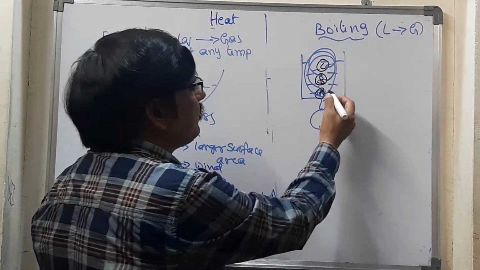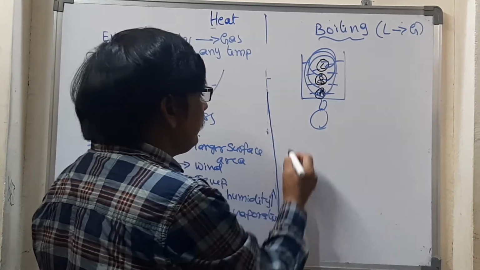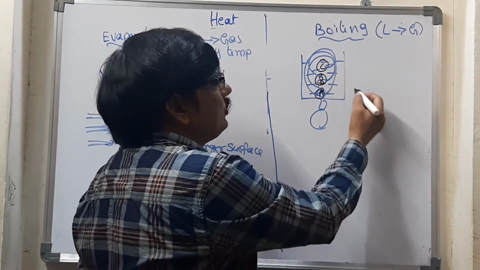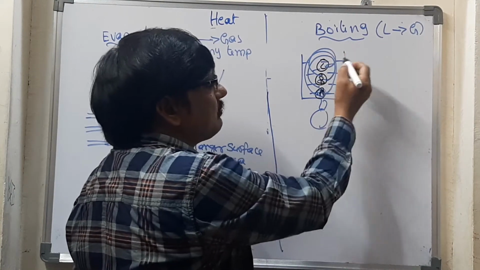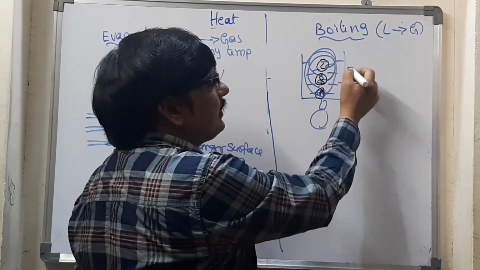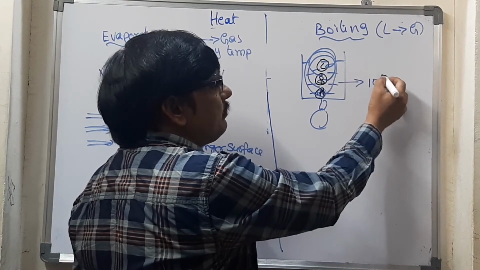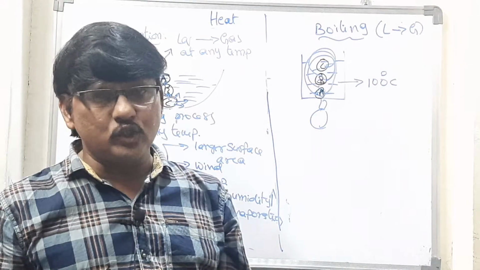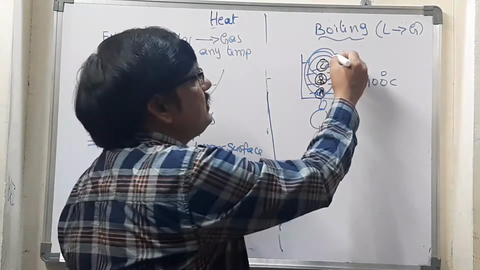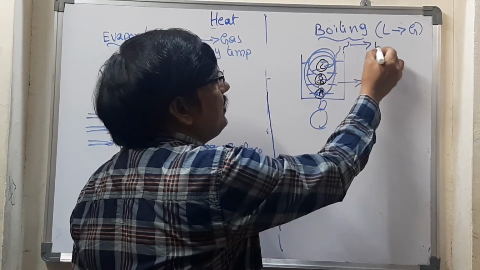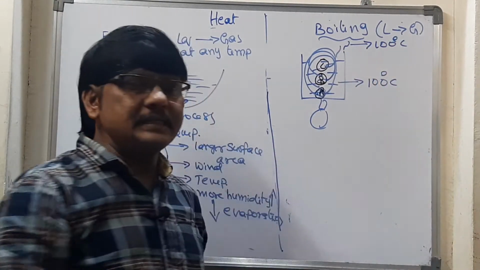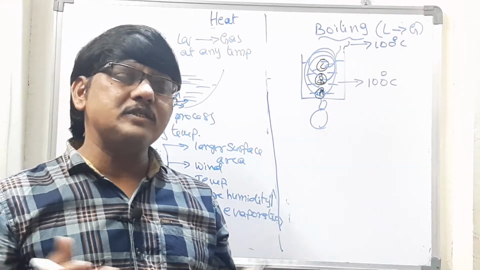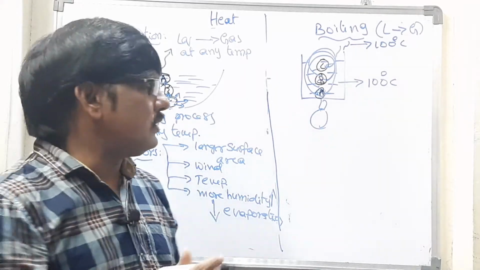Once you are supplying the heat, what will happen? Take some water and supply heat. With the help of a thermometer, you see the water starts boiling. At that time the thermometer shows 100 degrees Celsius. Still you supply energy, and it still shows 100 degrees Celsius only. The water vapor is coming out from this water. Find the temperature of that also. That too is 100 degrees Celsius only. But here we are going on supplying energy. Where has that energy gone? That can be measured by means of latent heat.